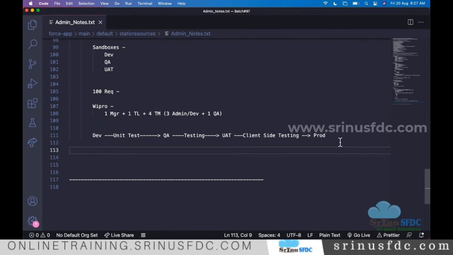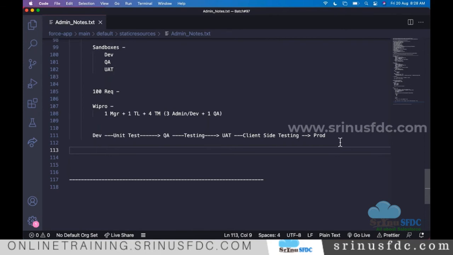Also, maybe some of you are new to IT and don't know how a project works, so I'm going to explain one process. We are not going to work on all 100 requirements at a time and deliver. Maybe achieving 100 requirements might take one month, sorry, one year also, right? The client cannot wait for one year, so nowadays that is not happening. The client needs the features as soon as possible.